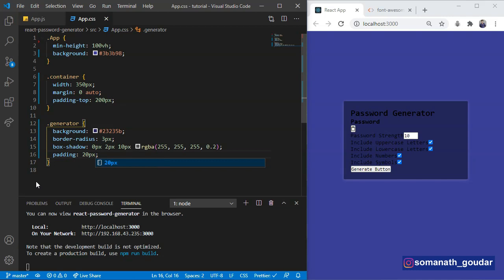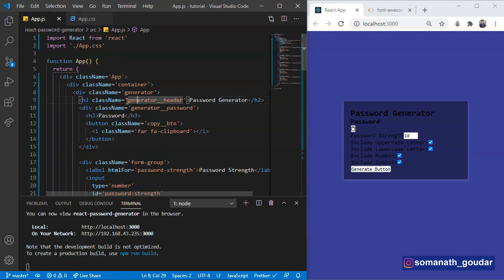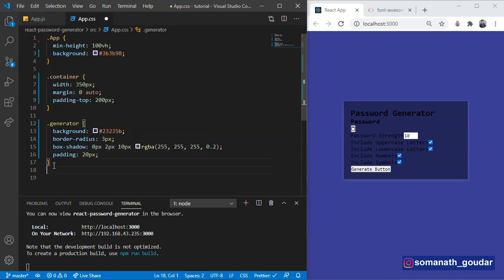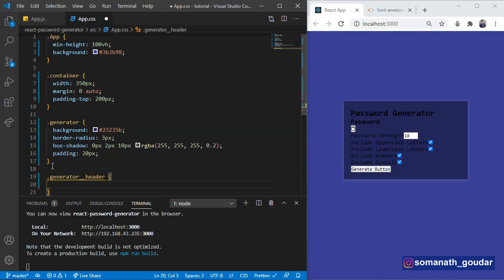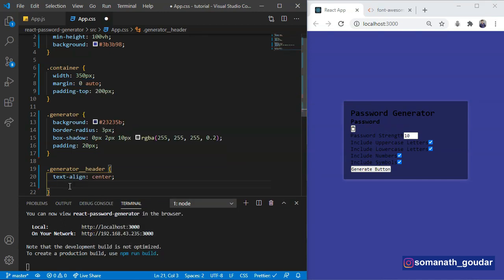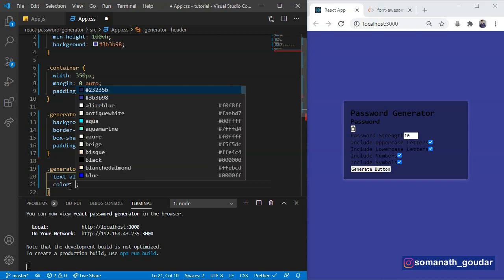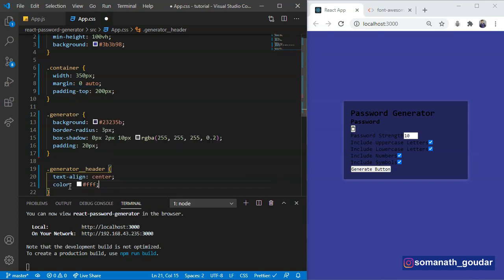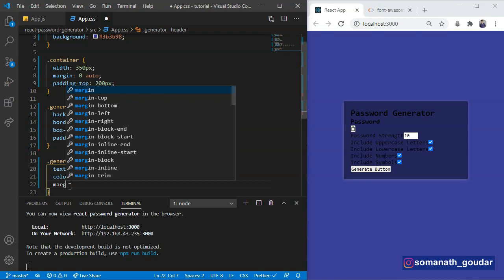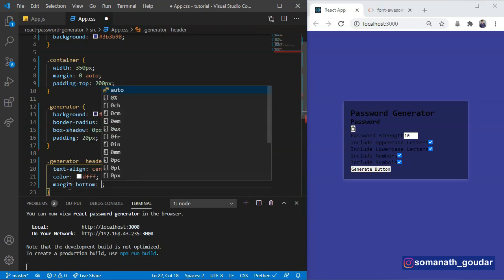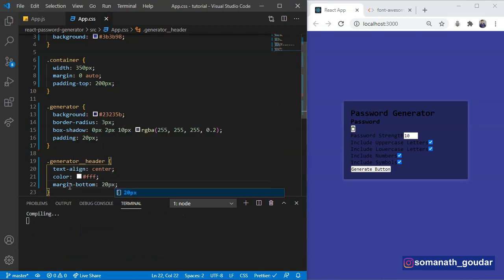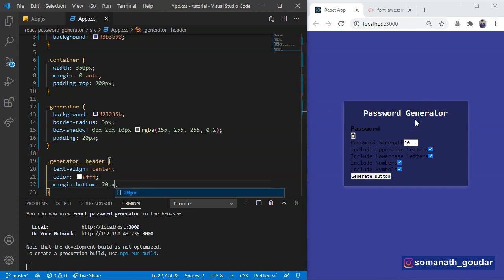Okay, now let's target this generator header. I want the text align to be center, and the color of the text should be white, and also I want the margin to be margin bottom of 20 pixels. Let's save. Yeah,